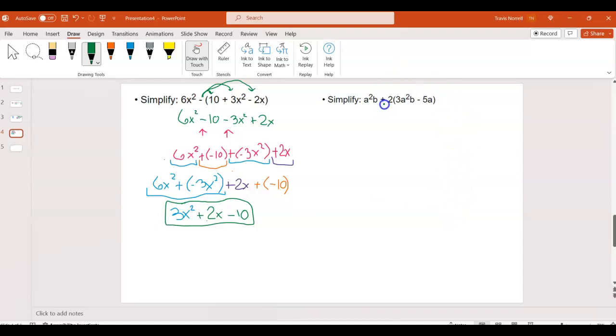Now this one has two variables, and right off the bat it wants me to distribute times 2. So remember, in order to be like terms, it has to be the same variable with the same exponent. If there's more than one variable, then you've got to have the same variable combination. So here I have a squared b